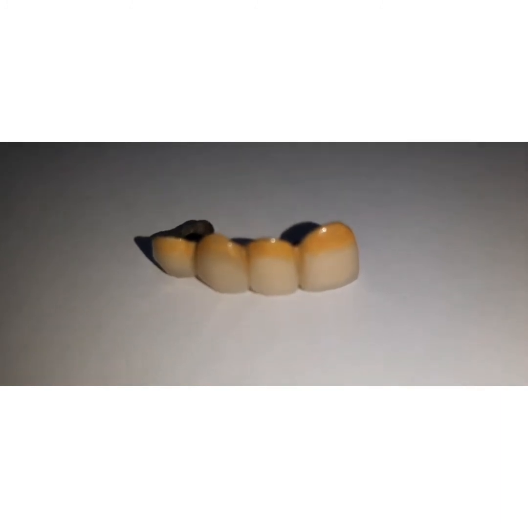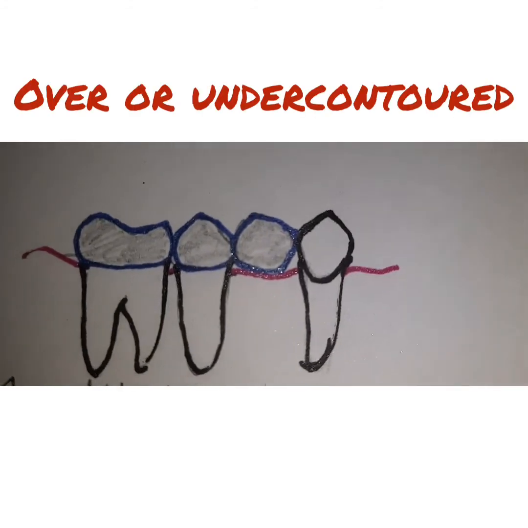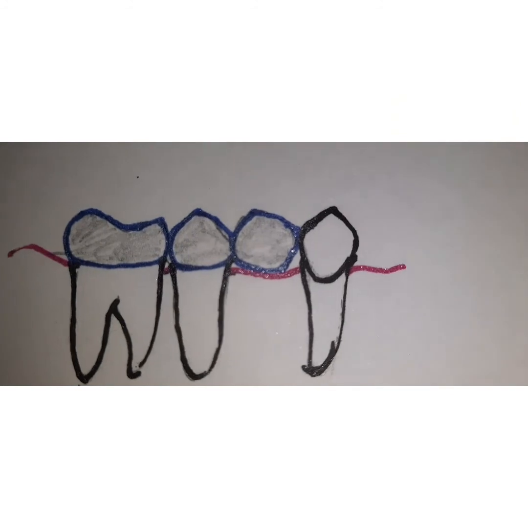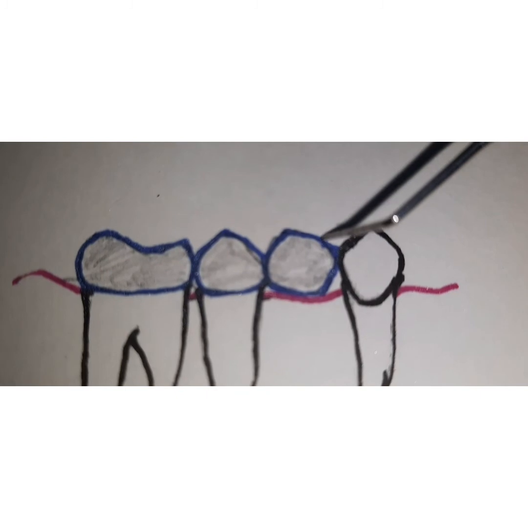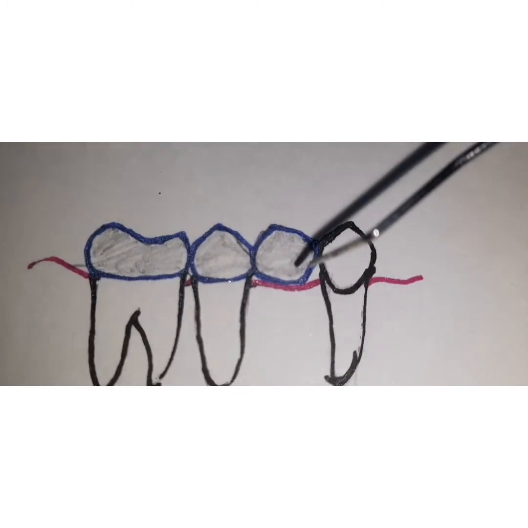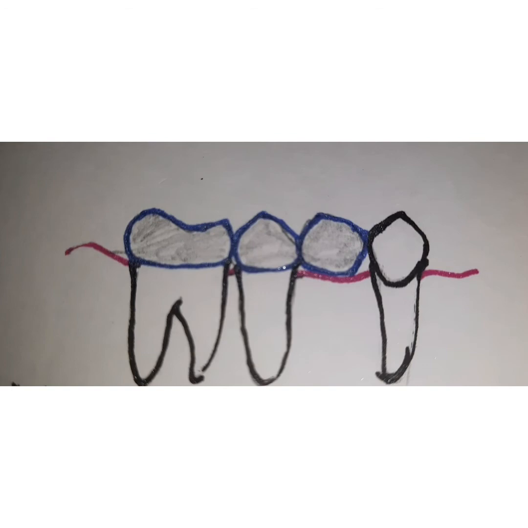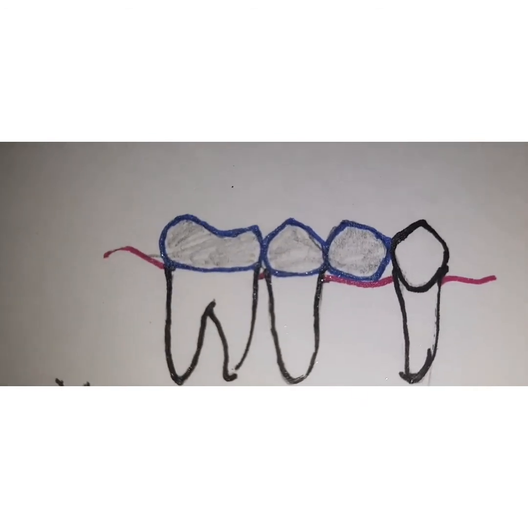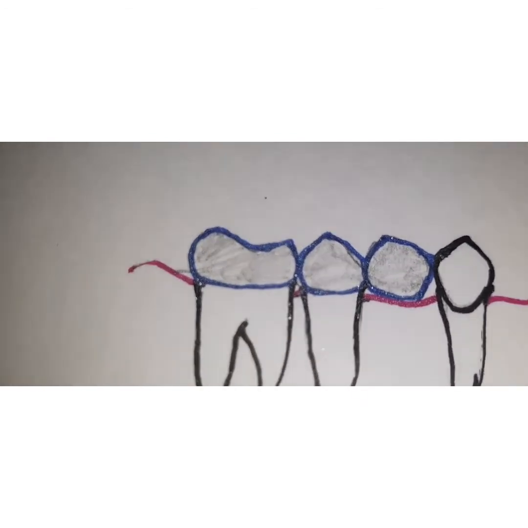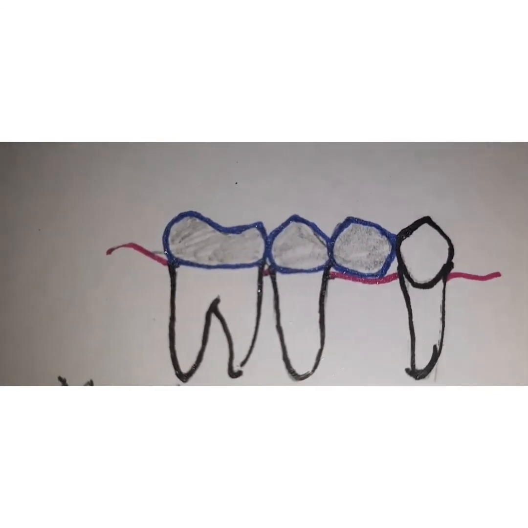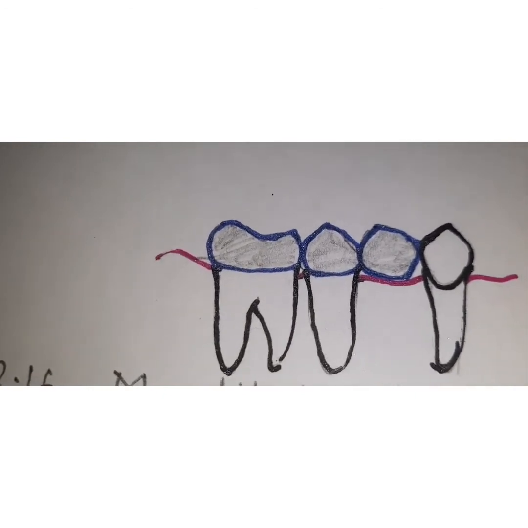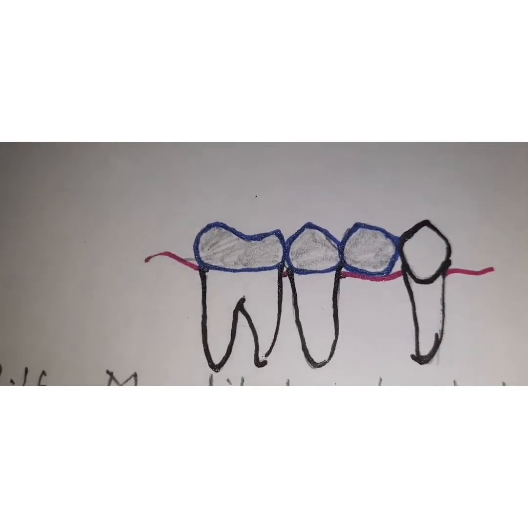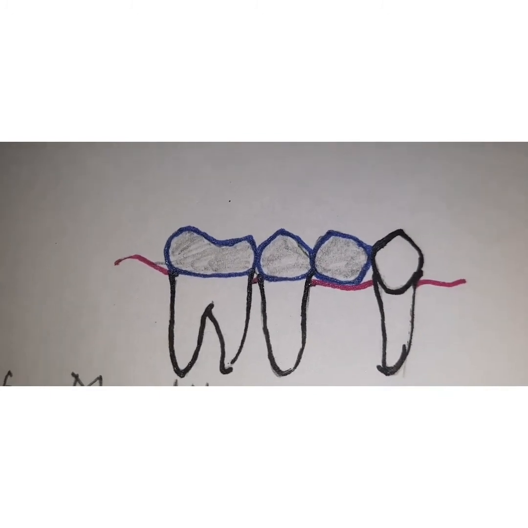Another important type of aesthetic failure is an over or under contoured crown. If a restoration is over contoured, then it is going to encroach into the embrasure space, as you can see, and it will lead to periodontal problems in such a patient. So whatever type of restoration you are making, it should not be over contoured. At the same time, it should not be under contoured, because if your restoration is under contoured, there will be food lodgement in between, and again the patient will have periodontal problems,